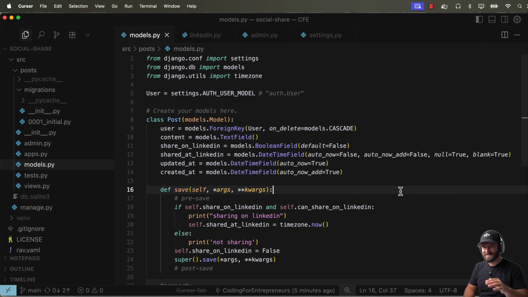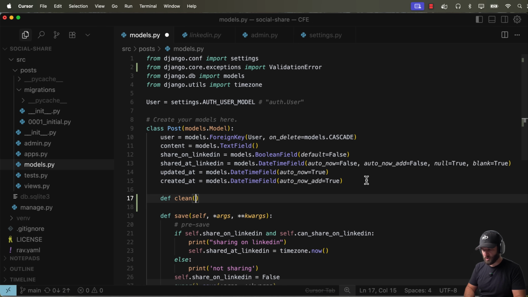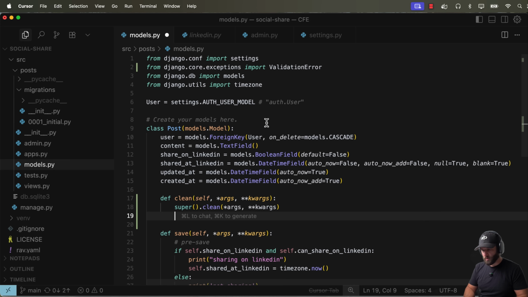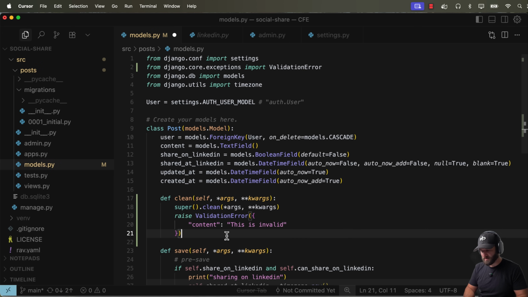One of the things our save method does not account for is validation errors, as in giving the user a message of some kind saying, hey, you made a mistake. Let's take a look at how to do that now. First and foremost, we're going to import the class ValidationError from core exceptions inside of the Django package. Then we're going to implement something called clean, which takes in self, args and keyword args. And then we do super clean with args and keyword args. Okay, and so what we have here is we can actually call a validation error on any given field. So let's go ahead and say content and say this is invalid, something like that,